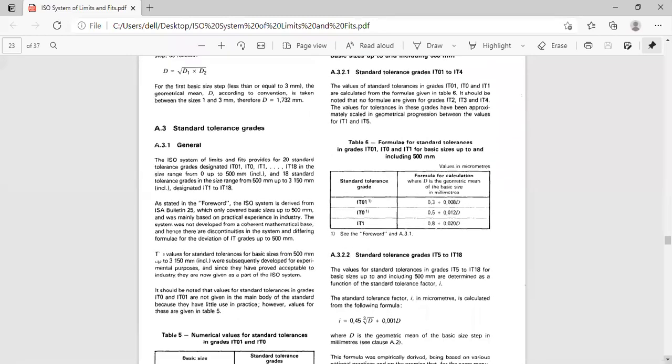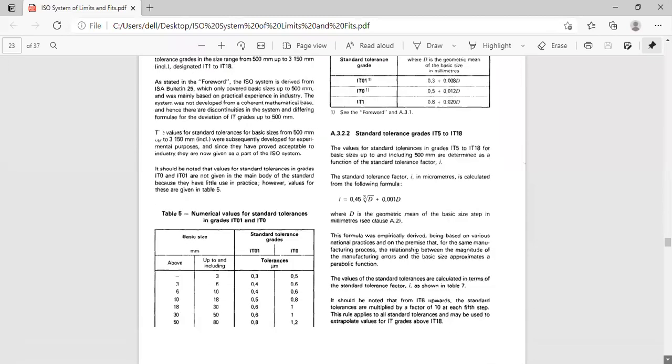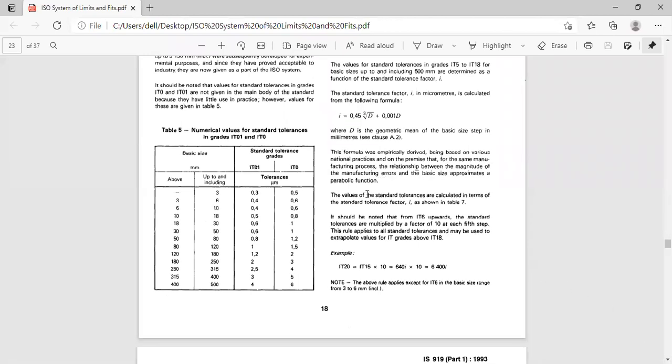And the table 5 numerical values, he has given the standard tolerances from IT0 and IT01, not from IT1 to 16. So maybe whatever he gives, we don't know, but you just try to represent the table is representing the basic size above and up to including. So just try to see in which basic step the particular value is falling, whether it's 25 or 40, and then choose the appropriate value from the tables related to shafts and holes for the sizes up to 500 mm only for the theory.